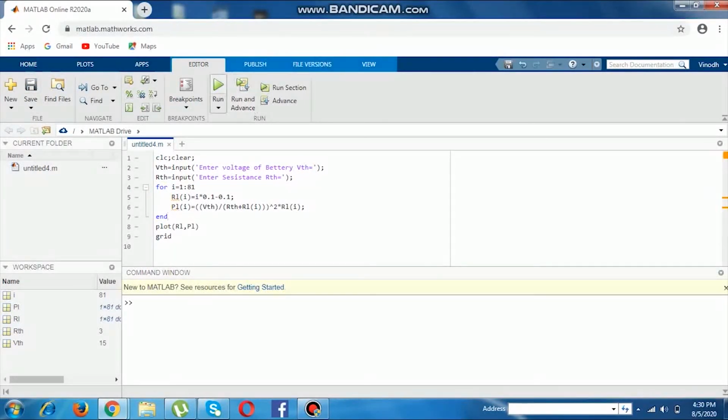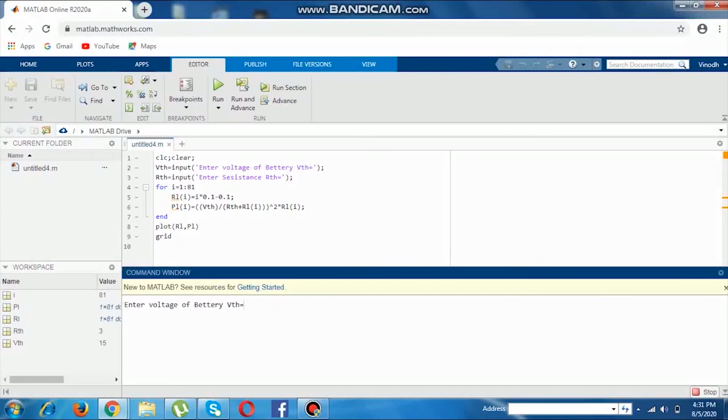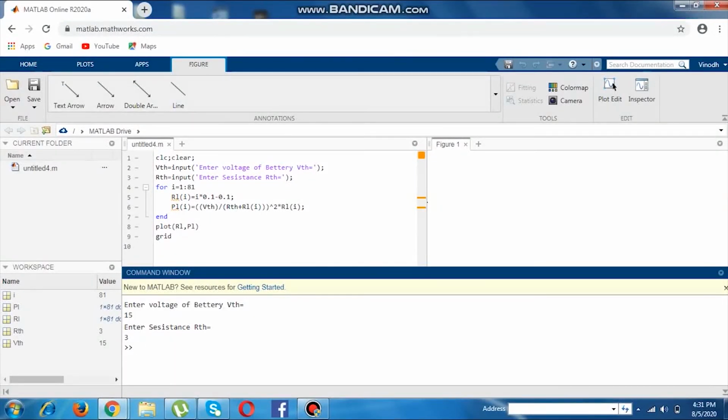Here this program is running. It will ask the voltage of the battery at the command window. I enter the voltage 15 volts, enter, and it will ask the resistance at the command window. I enter 3 ohms. It will show the graph like this.